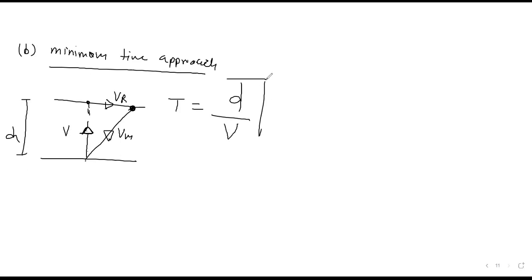So that's your answer. The time taken to cross a river will be the width of the river by the velocity of the man in still water. You know what happens in this approach? The man will not go just straight here. Let me change color. The man will not go here, he will reach here. So this is called drifting. That distance is called the drifting distance. The man will be drifted.